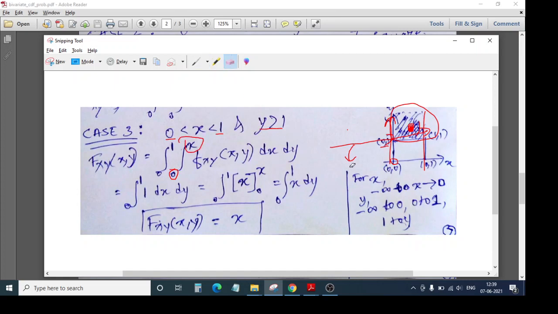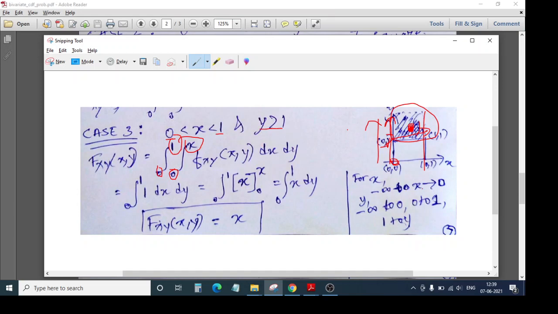Now coming to y, friends, y is pretty easy, because it has already been given that it is greater than 1. At least here we don't have the value of y right now. The point is in this range, so we take it from 0 to 1. We don't know where it is in this range, so we are taking 0 to 1.